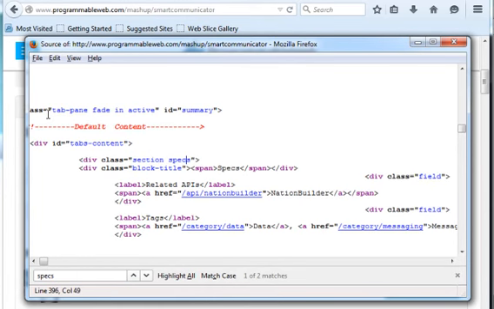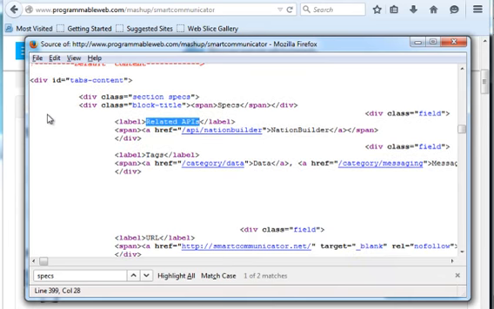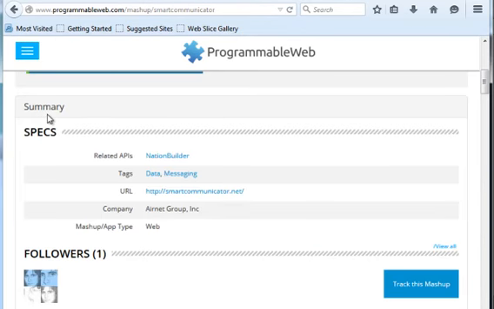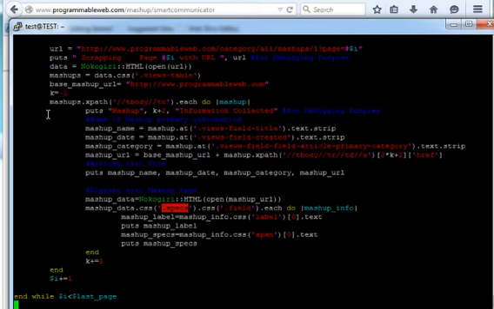Here is the spec class. So I'm going into the spec class, copying the related APIs and the API information, right? I'm copying this information here, and the class field of information, and copying the label, each label,